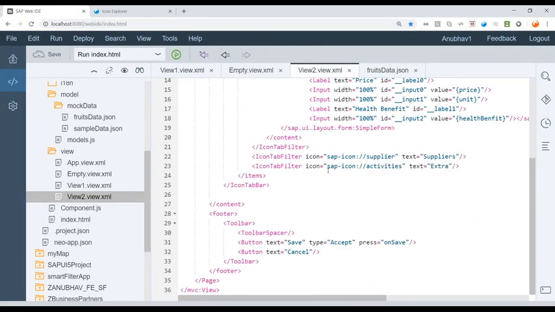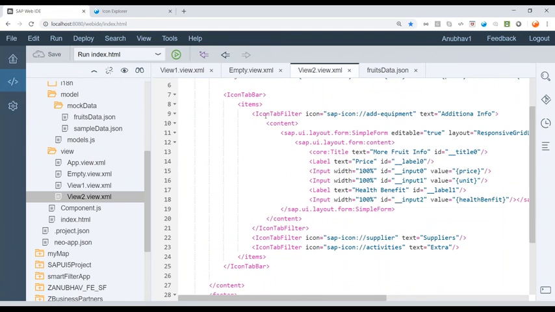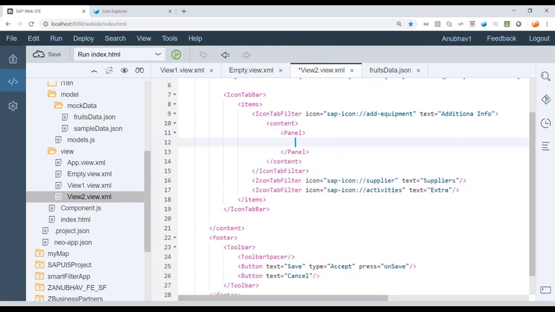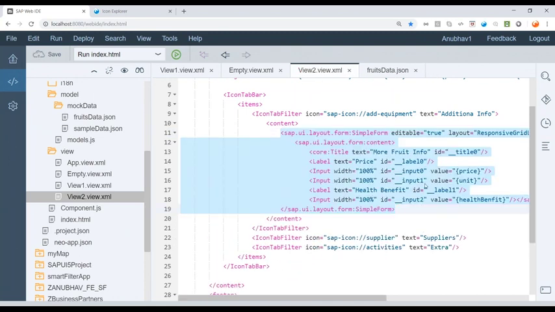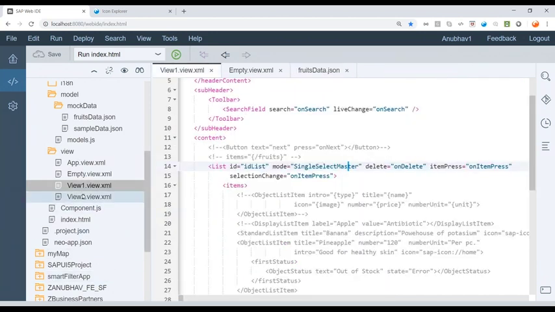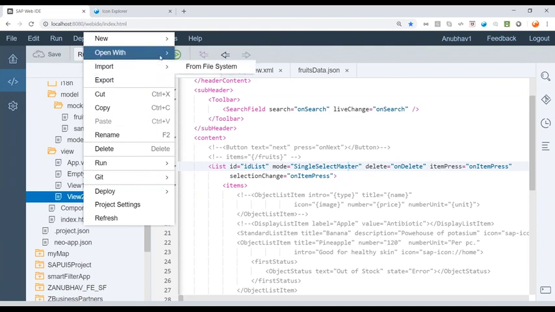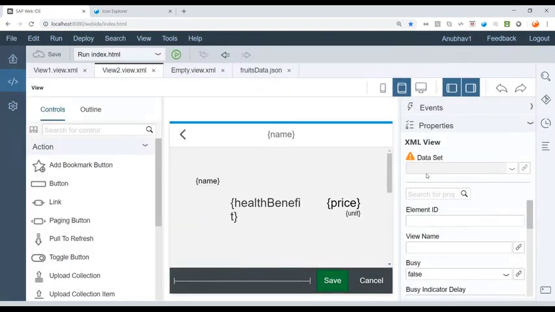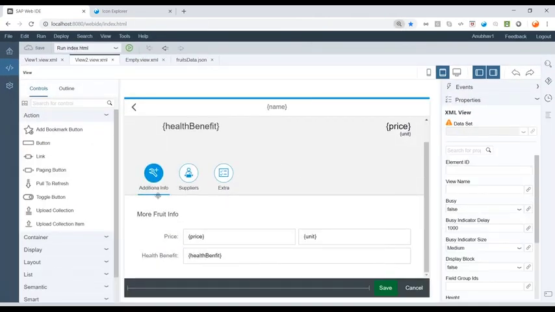What you can do is come here, and you see I've added a simple form inside this icon tab filter. You can use a panel control, and you can give a header for the panel, of course. Maybe I'll add it with the layout editor. It's going to be pretty fast, and you get a first feel of the layout editor as well. I'm going to go back, right click on the view, and say open with layout editor. I double click to make it bigger, scroll down, and add a panel control